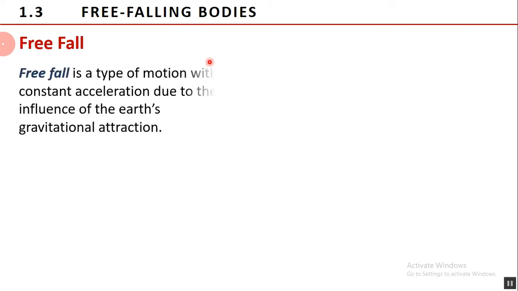In the previous section, we have solved several problems involving uniformly accelerated motion along the x-axis. In this section we will be discussing free fall, that also employs motion with constant acceleration, but this time along the y-axis or vertical line. When we say free fall, it is a type of motion with constant acceleration due to the influence of the Earth's gravitational attraction. This gravitational attraction, or gravity, is exerted on all bodies and is nearly pointing to the Earth's